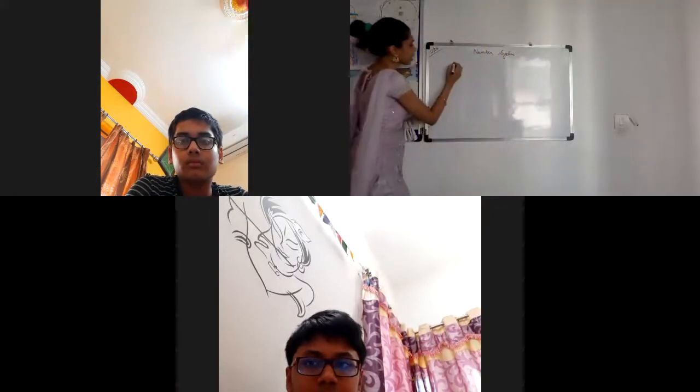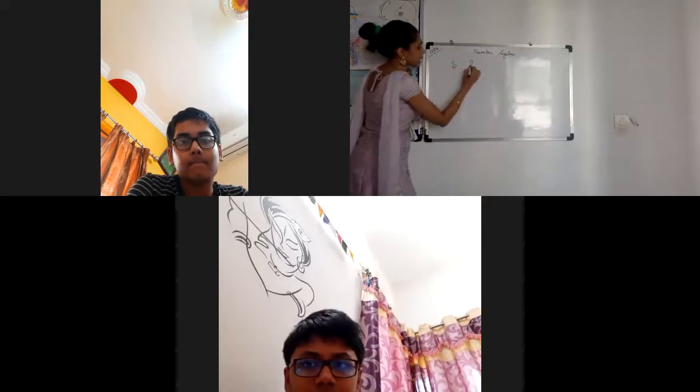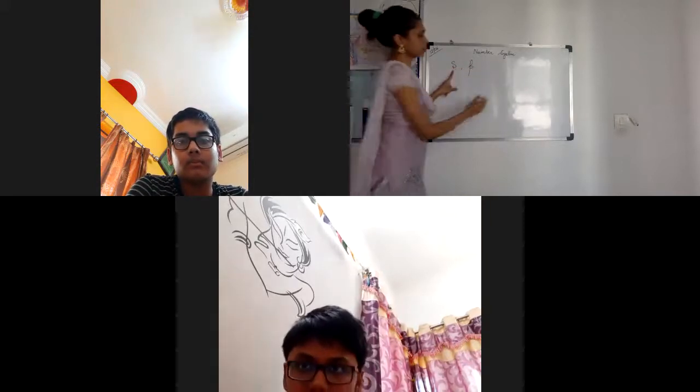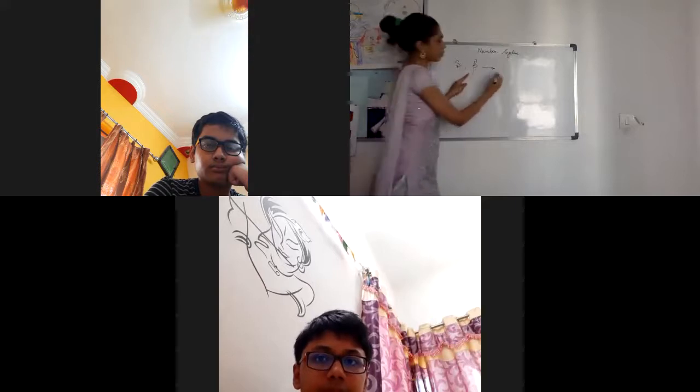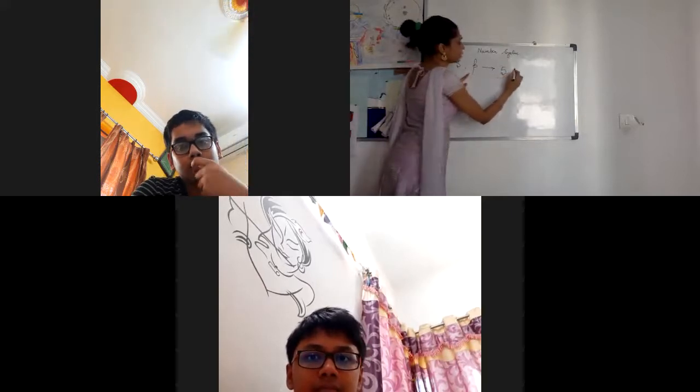Today, we are progressing towards a new theory, that is finding a set of defined numbers in between two numbers. So for example, there are a few numbers S and P. Just imagine there is a number S and another number is P. So two numbers are given, S and P. And just in between S and P, I want you to find 5 different rational numbers. So what you have to do? What is the question? In between S and P, you have to find 5 rational numbers.